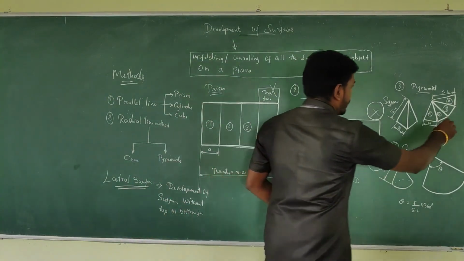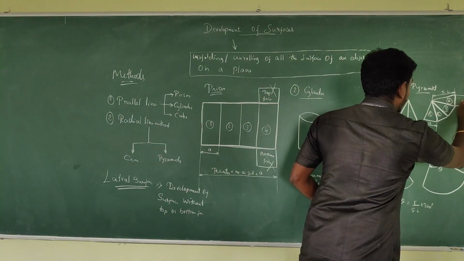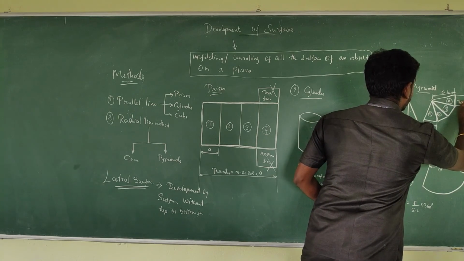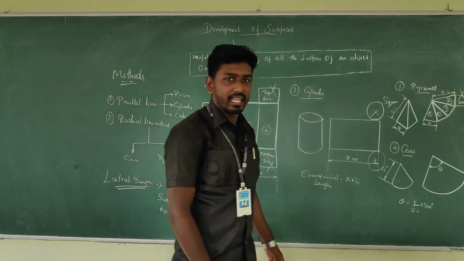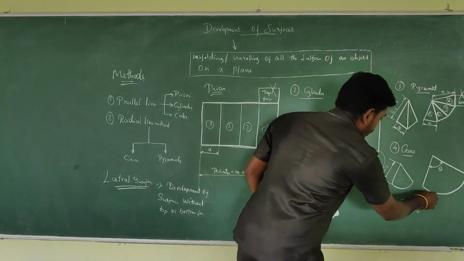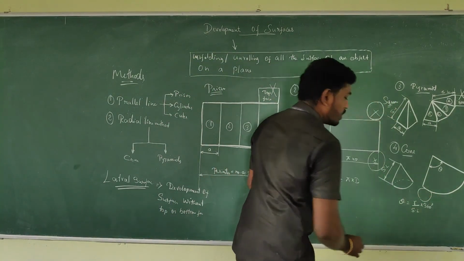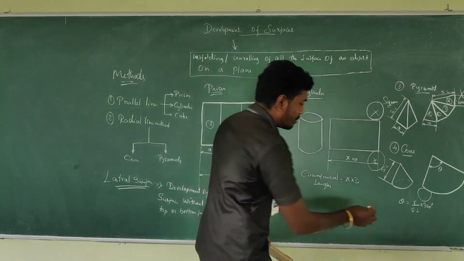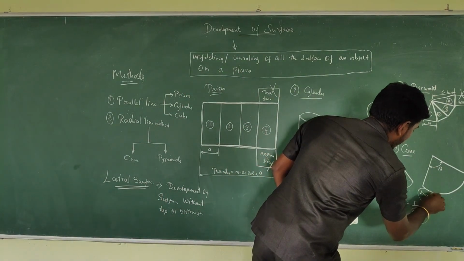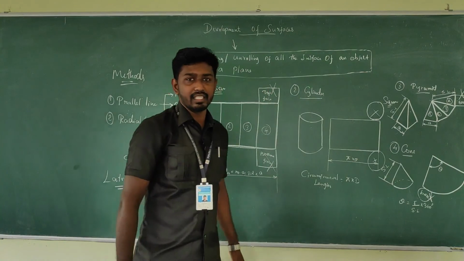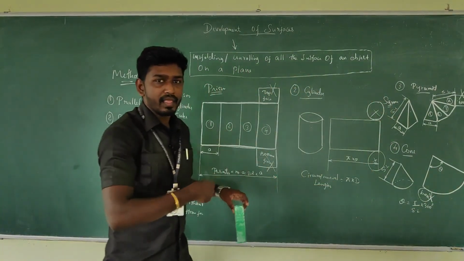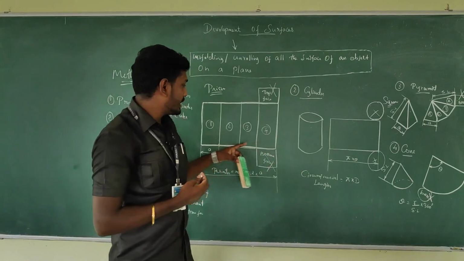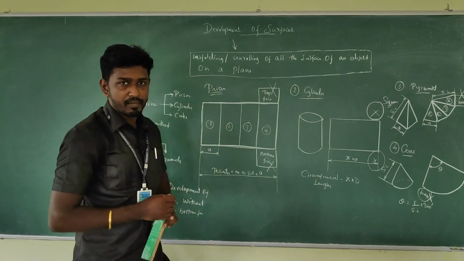Here as well in the pyramid, when you are forming, there will be a base. Am I right? In the lateral surface, we need to neglect it. In the cone as well, when you are forming, there will be a base. In the lateral surface, we need to neglect it. We only need to provide the surface of the triangular faces, or the rectangular faces for the prism.